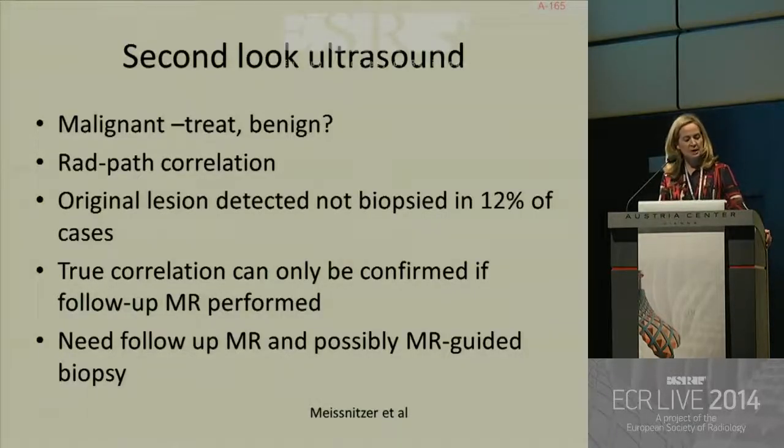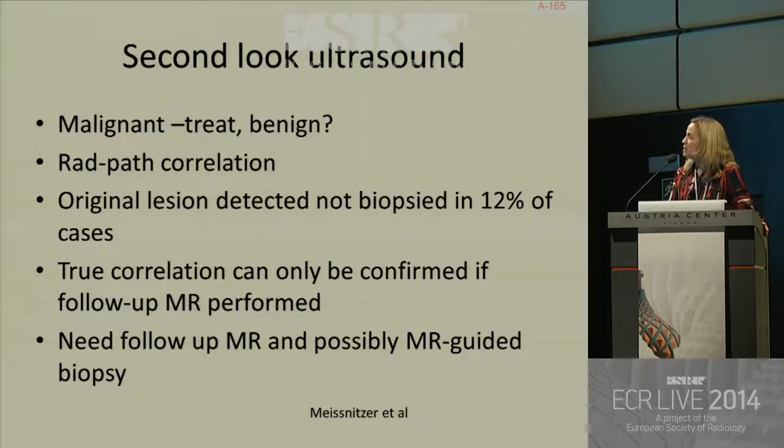So when we get a malignant pathology from a second ultrasound biopsy, that's easy, we treat. But what happens if we get benign pathology? Well, careful radiology-pathology correlation and review of the ultrasound and MR images is necessary. Many women have lots of benign lesions within the breast at ultrasound. So it could be the case where the suspicious MR lesion is not the lesion that is actually biopsied at